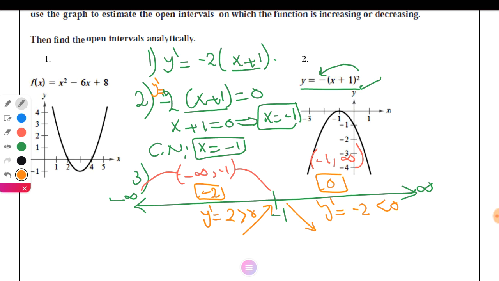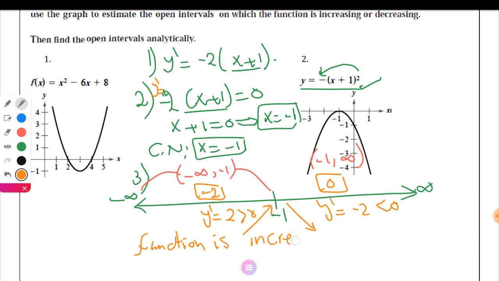If the derivative is positive, the function is increasing on that interval. The function decreases on the interval on which the derivative is negative. Here, in this case, I will write that the function is